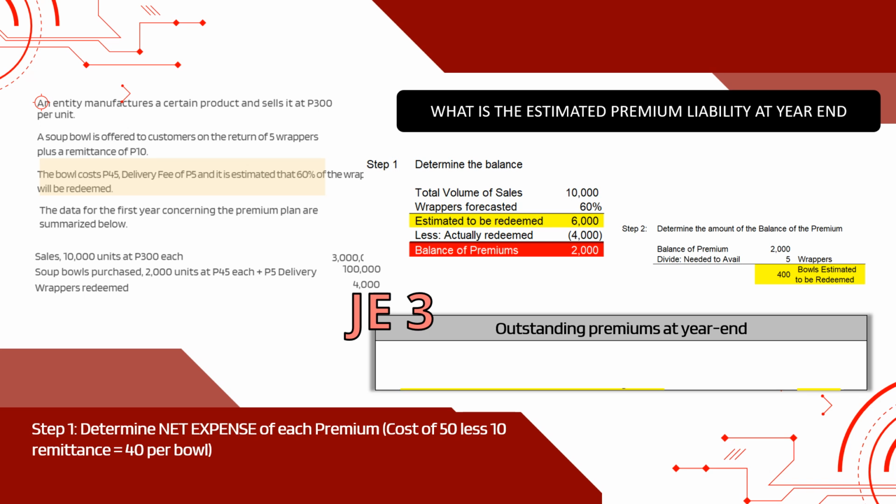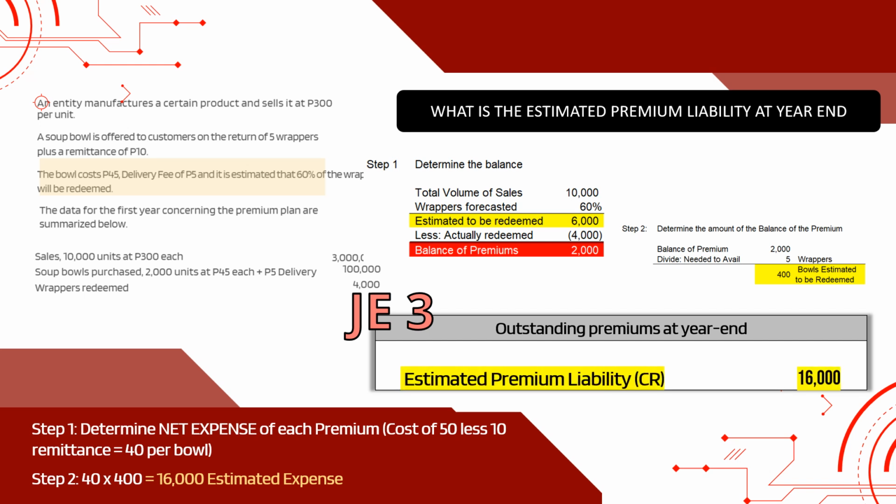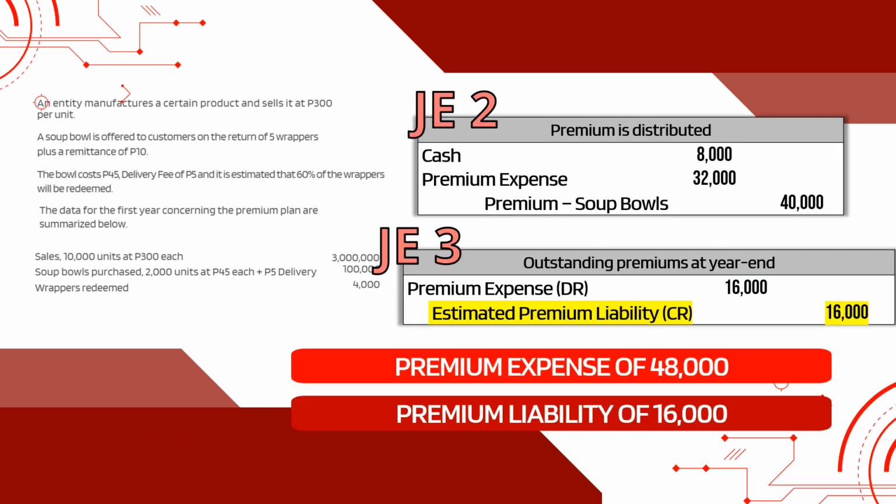which is 40. We then multiply that by the remaining bowls that we have to distribute. So in this case, it's 40 times 400. You will then credit an estimated premium liability of 16,000 and debit a premium expense. So putting those two journal entries together, you will arrive with your total premium expense and total premium